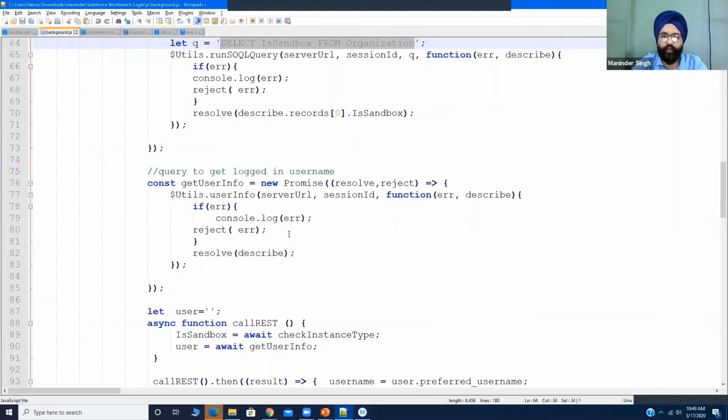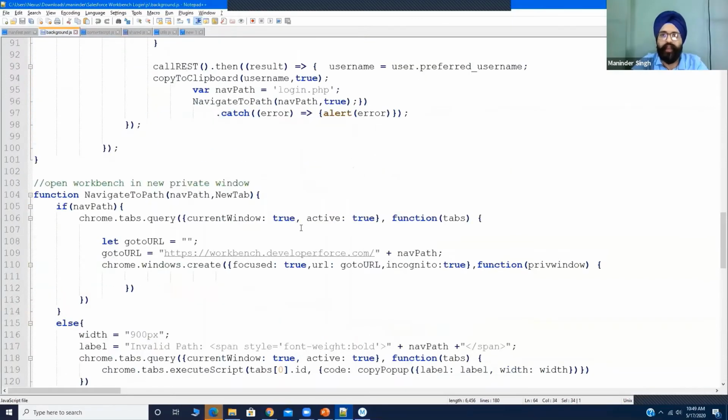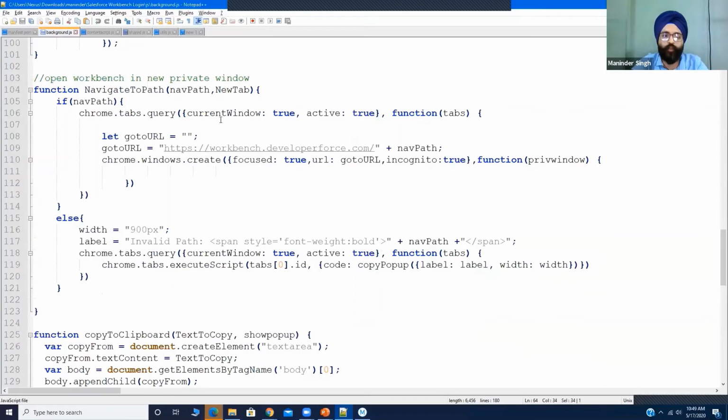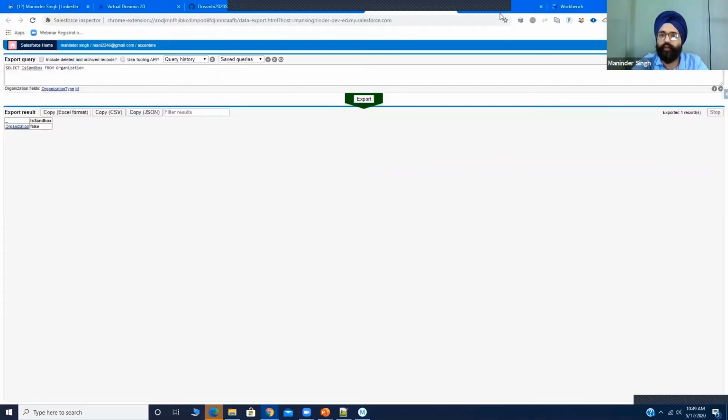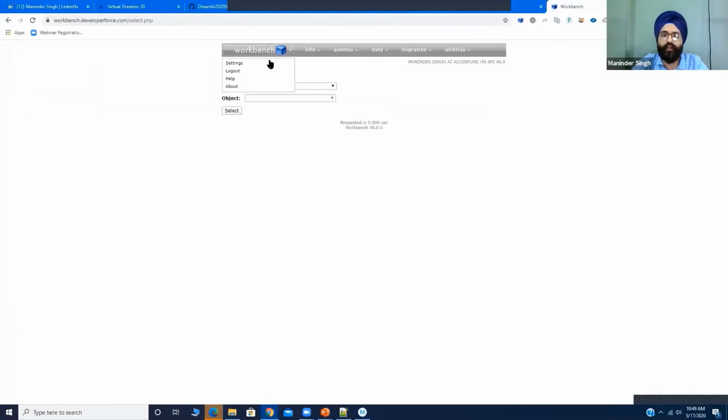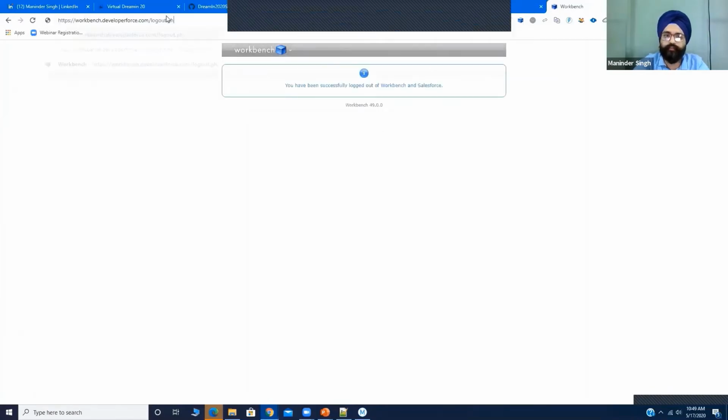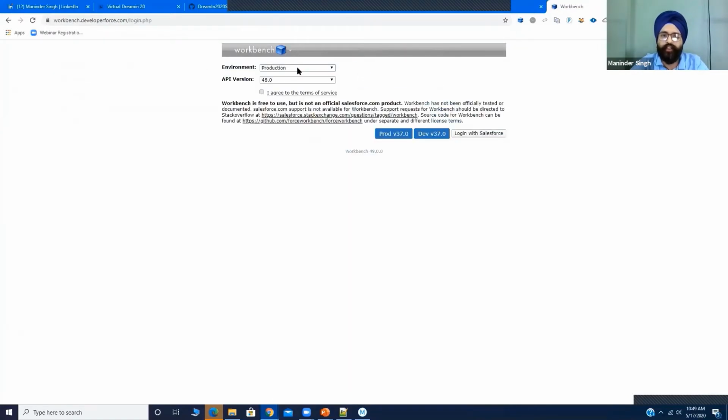Once we get the user ID, we launch a new private window, and in the private window we fill in the boxes. For example, when we open a Workbench and log out here, you obviously have to populate whether it is sandbox or production.